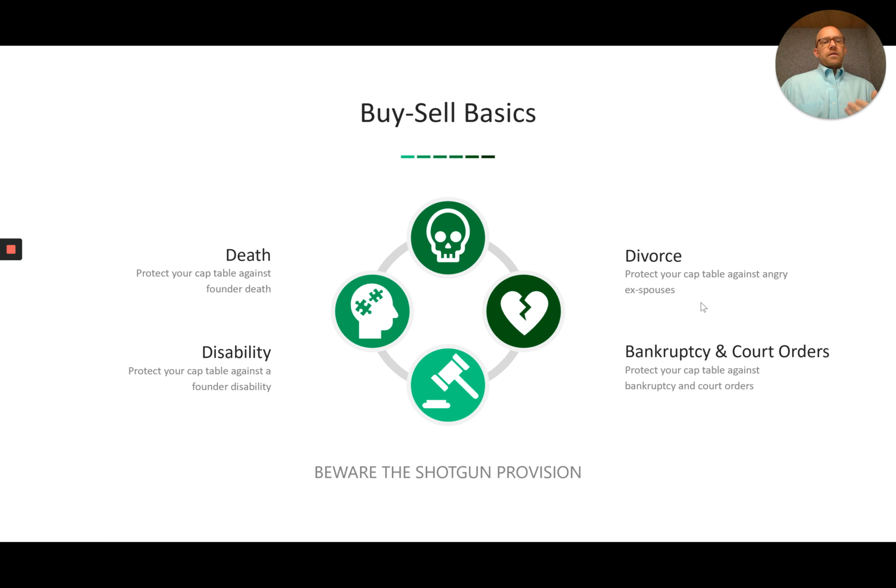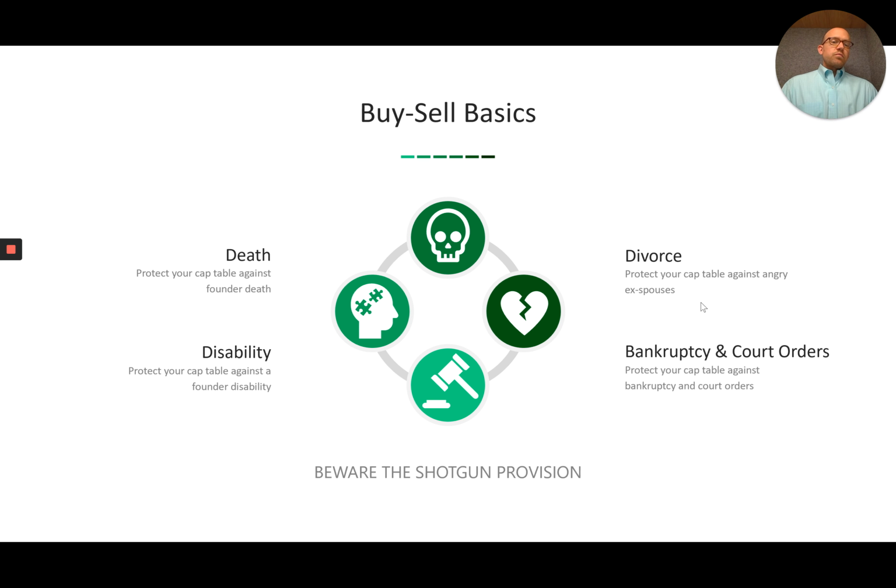And so with this, basically how it works is, if an owner gets divorced and their ex-spouse receives an award of that equity from the court, then that triggers the company's right to essentially pay and buy that equity from the ex-spouse based on the terms, whether it's all cash up front or over a period of time on a loan. So that's what that's about.